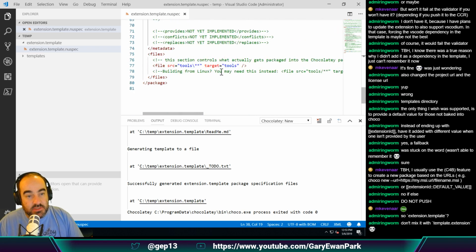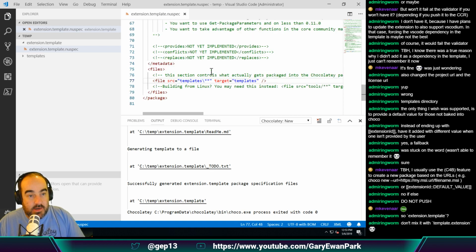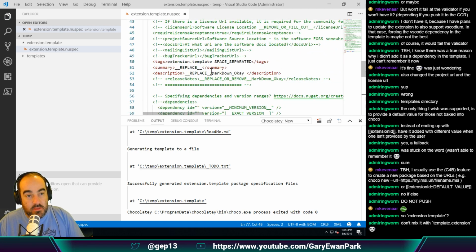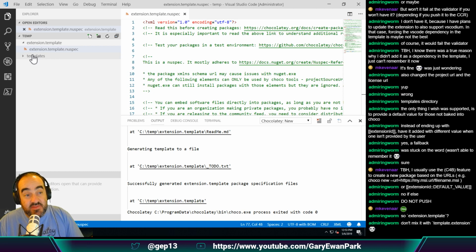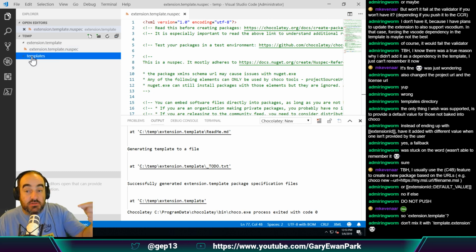So we'll replace those things later. This tools folder needs to be templates. So let's change this to be templates, and then the target is going to be templates. Okay. So let's do that. And then within this templates folder, I need what I want to be in the templates folder